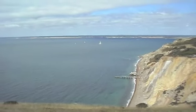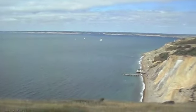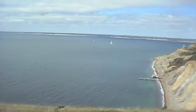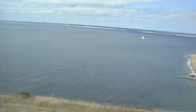The Needles lighthouse was built in the 1850s and is still operational today, although it is now unmanned, for it became fully automated in 1994. On a clear day, you can see the whole way along the south coast from Southampton to Bournemouth